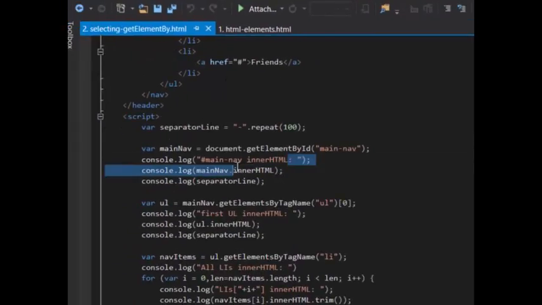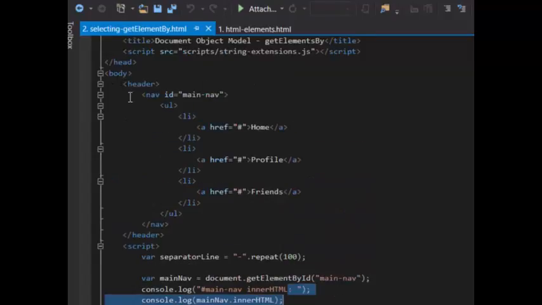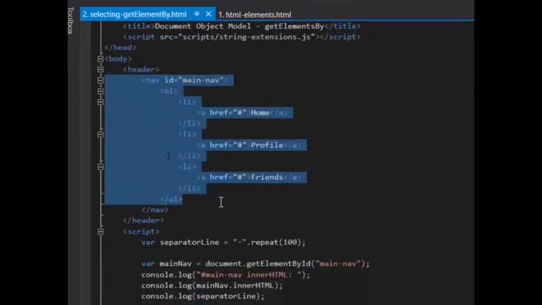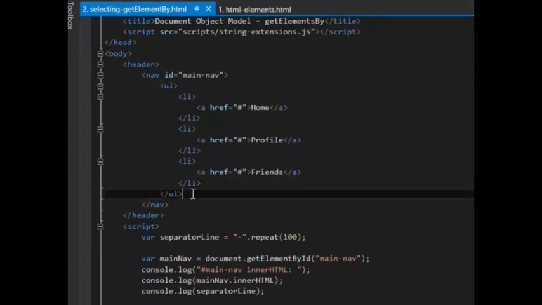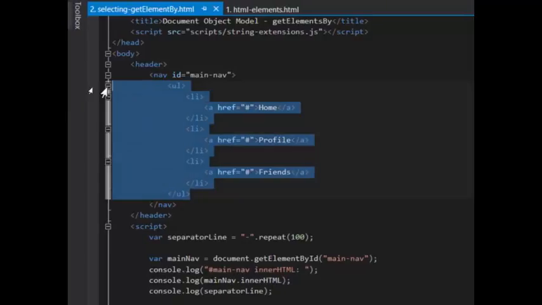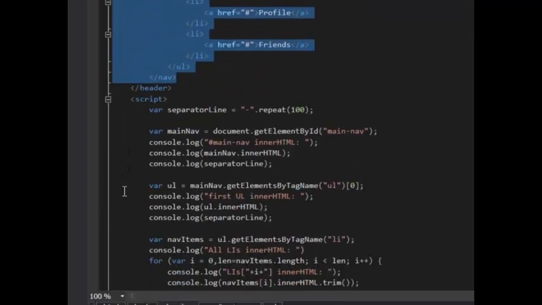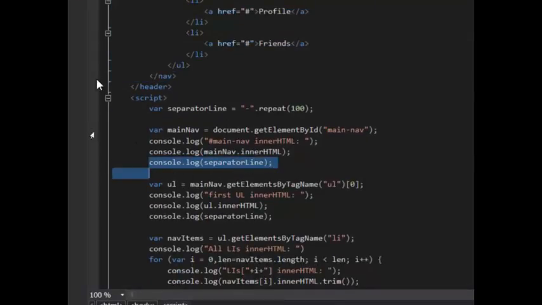And we're logging its inner HTML. So inner HTML, as I mentioned, takes the HTML inside your element, leaving out the element itself. If we wanted to include the element, we would have to use outer HTML. Then we're logging some separator lines, which is just